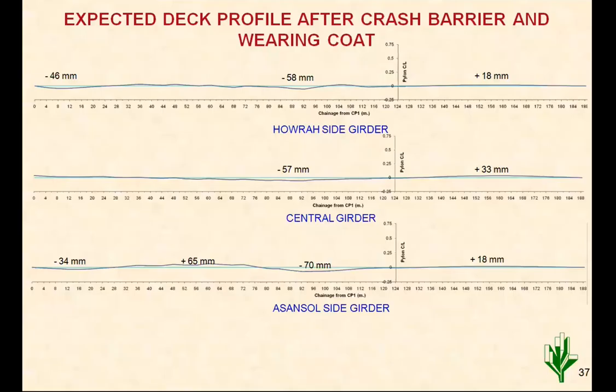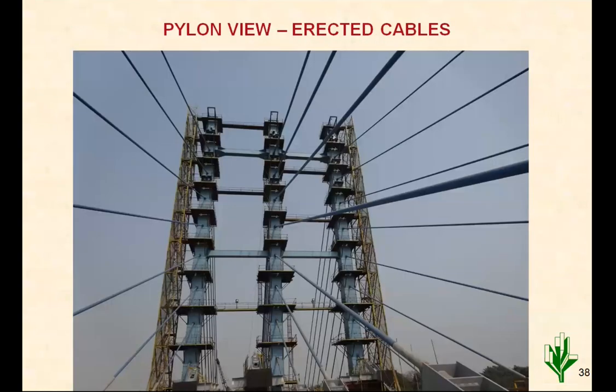Not even noticeable, but that was adjusted in bearing code to give a smooth riding quality, and that's how the geometry control was achieved there. This is a picture of 3 pylons during construction. This is a completely steel pylon, and the cables are anchored inside a hollow pylon. So the pylon is hollow, and cables are anchored inside the pylon.